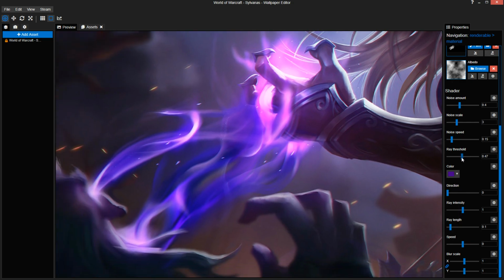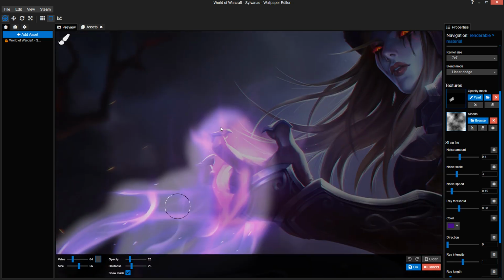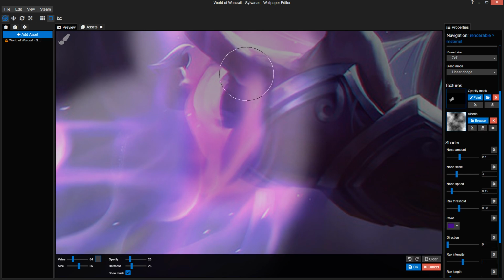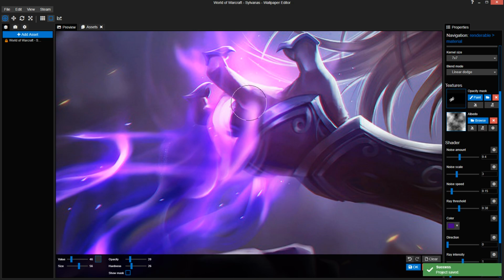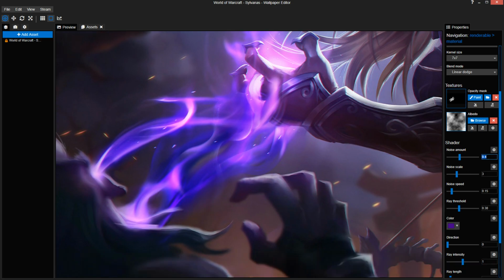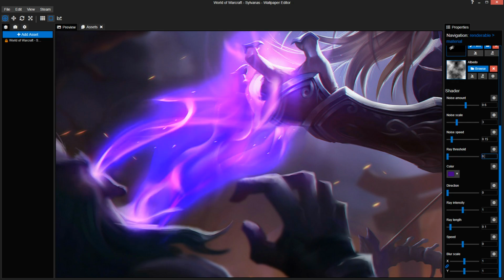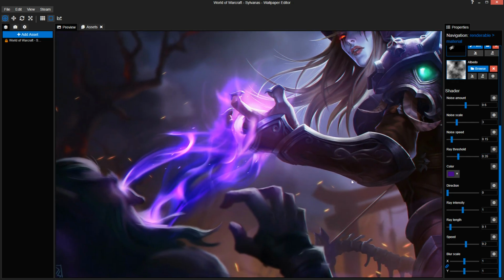I'd say this is the right direction, and then let's reduce the threshold a bit, and then reduce the value of this with the opacity mask, make it way less strong. Let's see, this looks still a bit strong. Reduce it a bit. Alright, that's better. That noise amount, we're gonna set it to 6 again, see what that looks like. That ray threshold 0.35, speed to 0.2 again. That's a little bit too much, ain't it? Increase this one a bit.